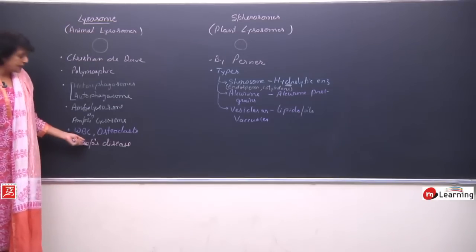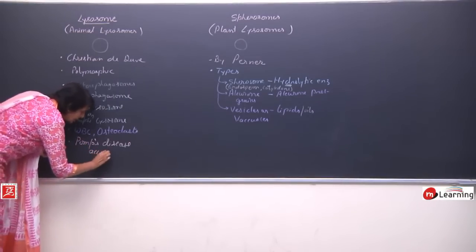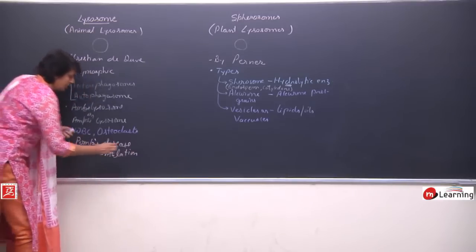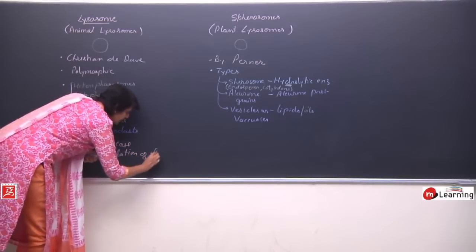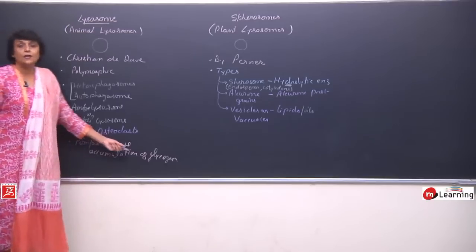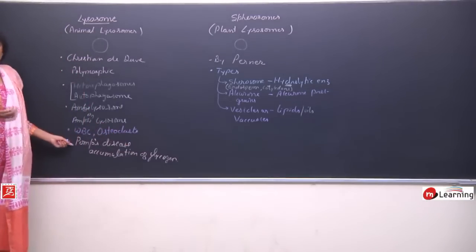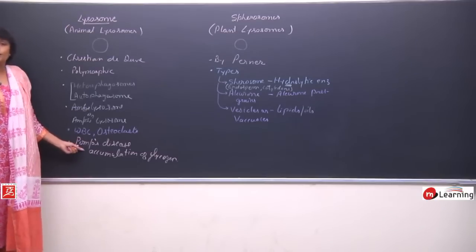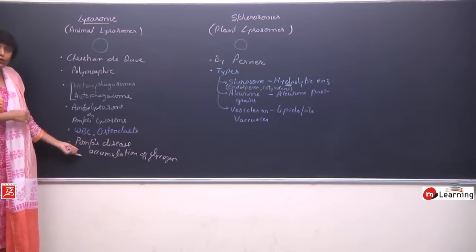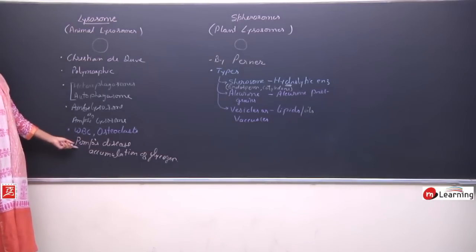Pompe's disease basically is due to accumulation of glycogen. Normally this glycogen should be broken down by lysosomes, but if the enzyme required for breakdown of this glycogen is absent, then this glycogen will be accumulated in the lysosomes, and that results into this metabolic disorder which is called